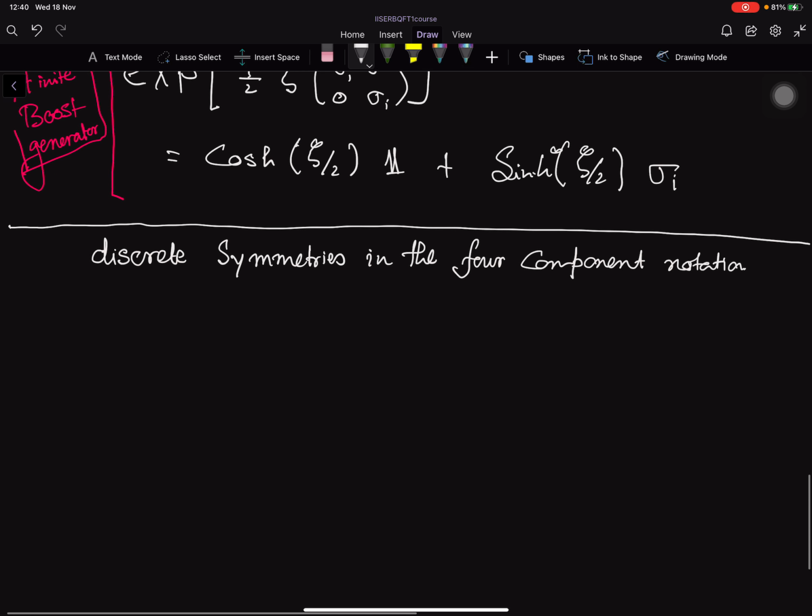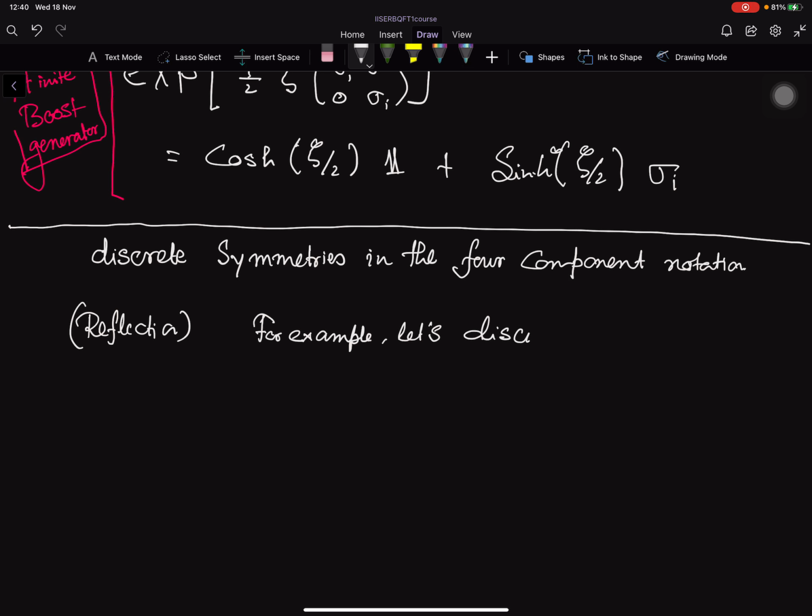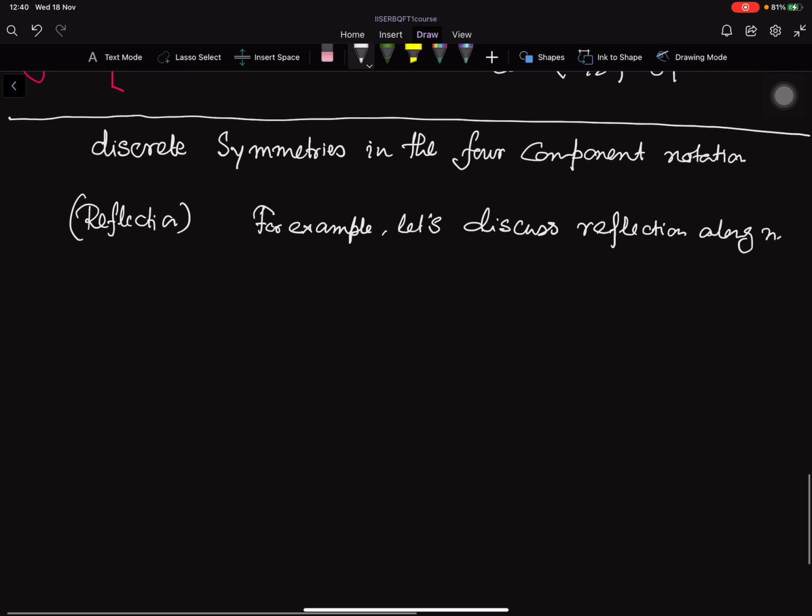So let's first discuss reflection, and to be more precise, reflection along the x direction. If we want to discuss reflection along the x direction, then that means that in terms of the space-time coordinates,